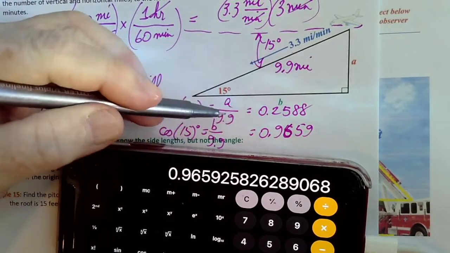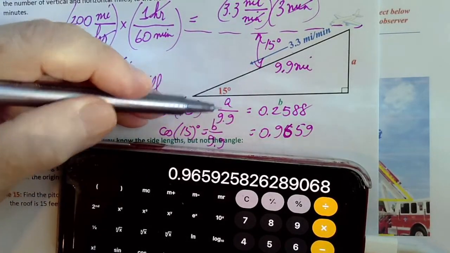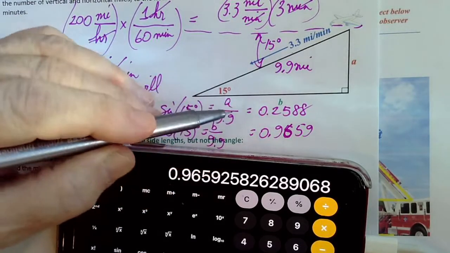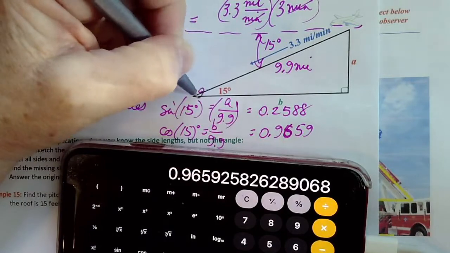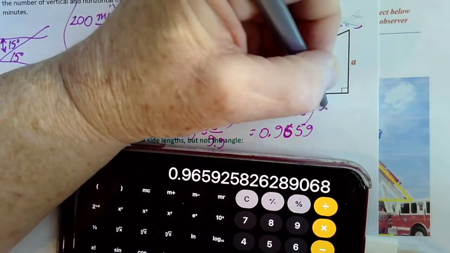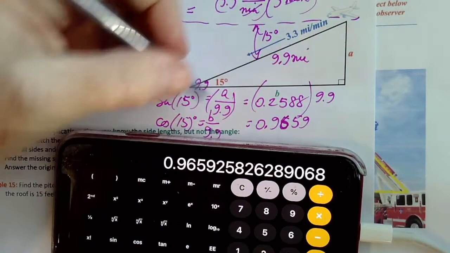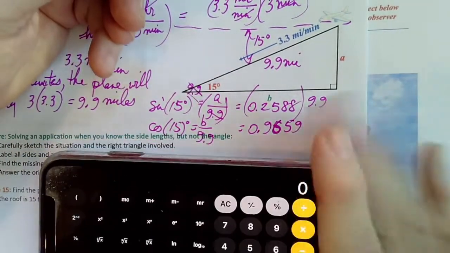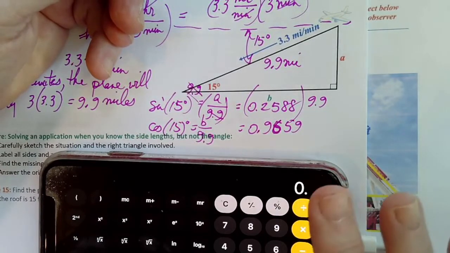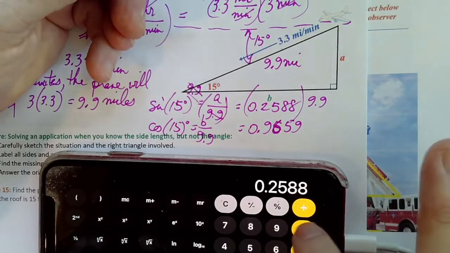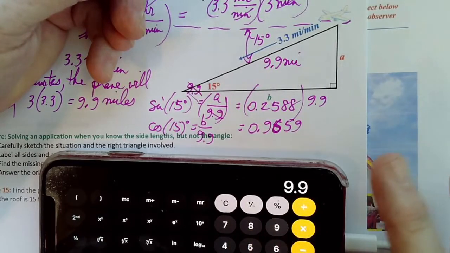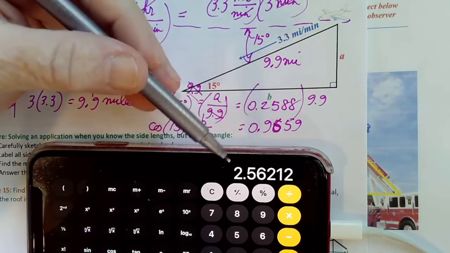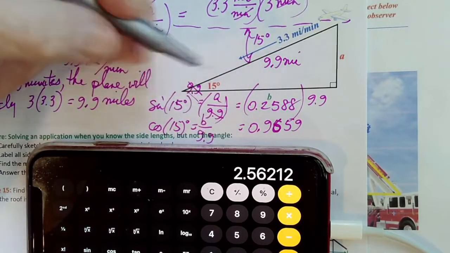If I multiply both sides of the equation A over 9.9 equals 0.2588 by 9.9, I'll get A. Do you see it on the left here? The 9.9s divide out. So I've got 0.2588 times 9.9. So that means that the plane will descend 2.6 miles